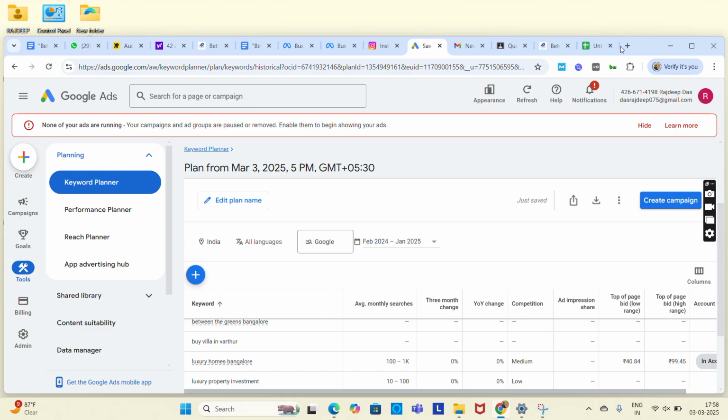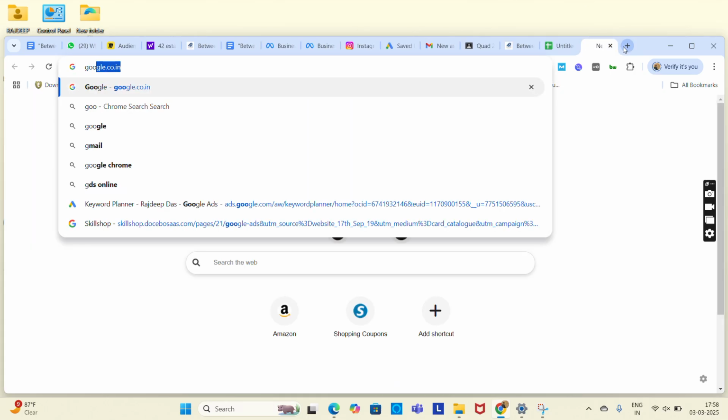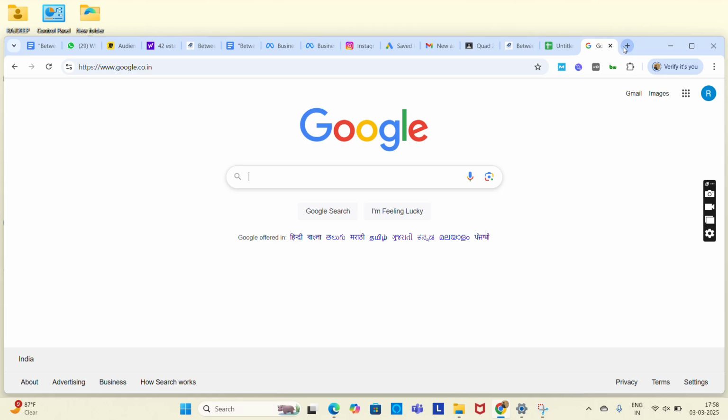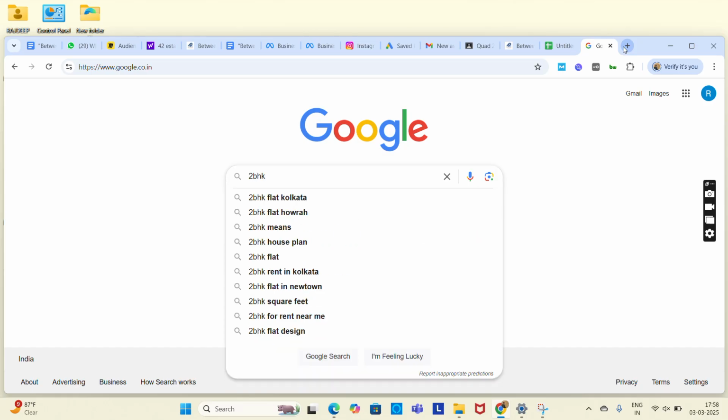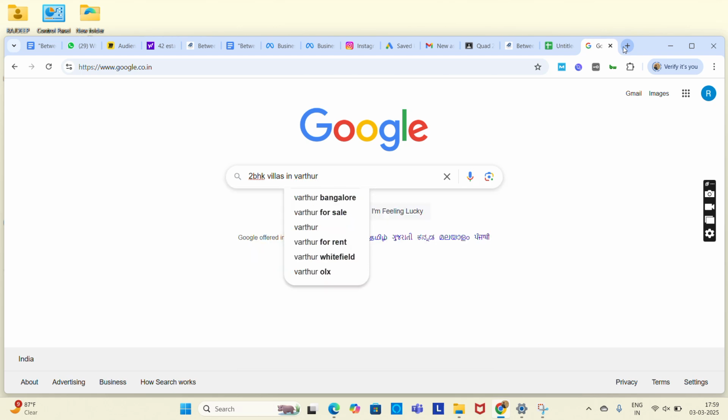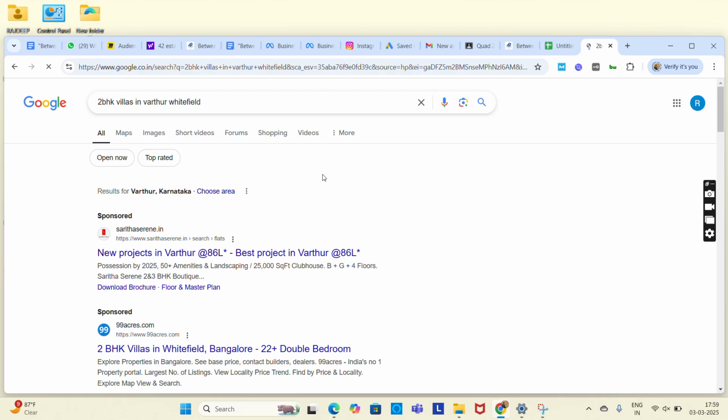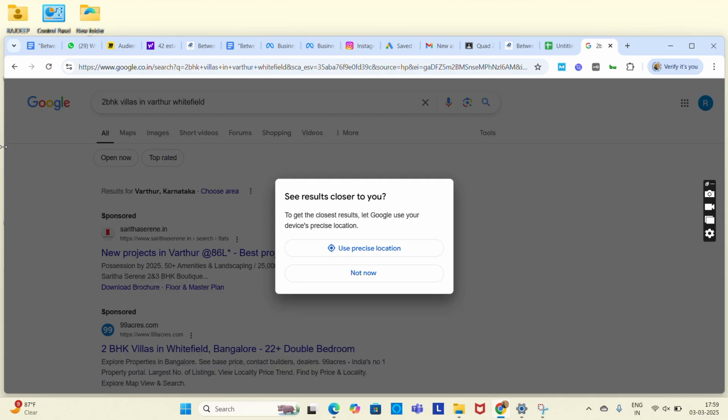Also you can do your keyword research from over here, writing keywords that are related to the business, like 2 BHK villas in Varthur. You will see a lot of options like Varthur villa for sale, whatever people are searching for, Varthur for rent, Varthur Whitefield. So what you can do is take these keywords